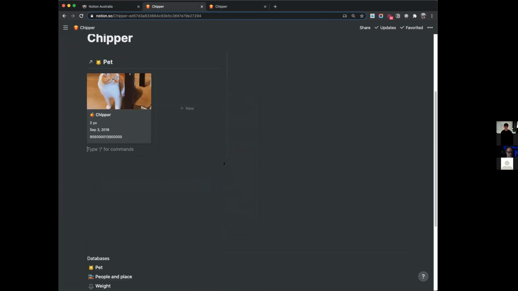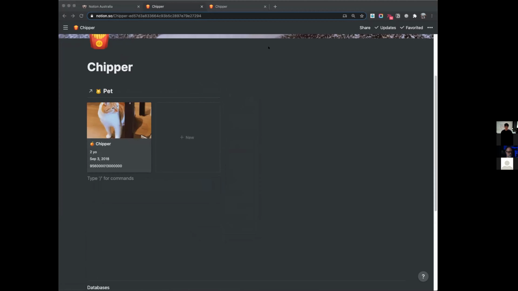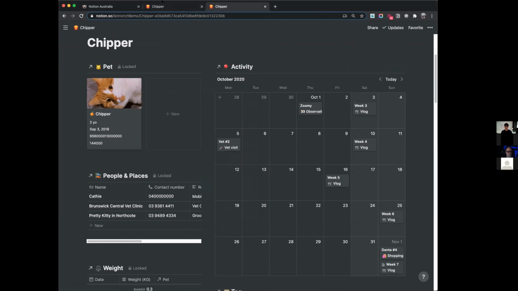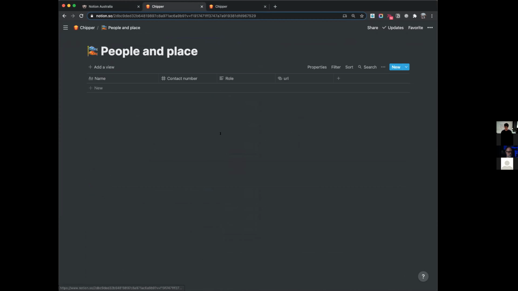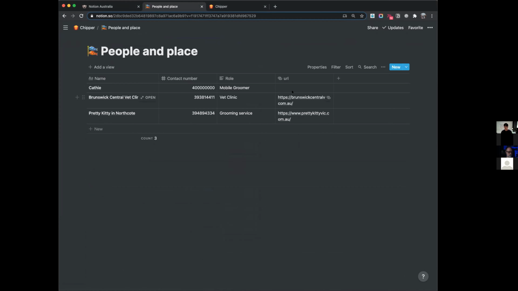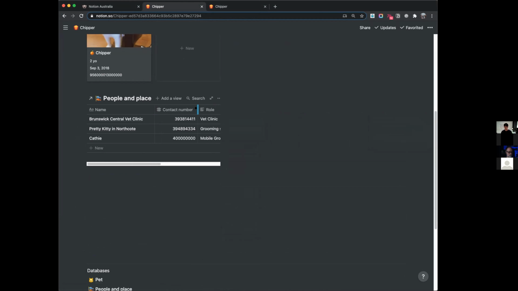Awesome. Cool. Next bit, we've got peoples and places. I've already pre-populated these. One thing I do want to mention is let's copy this database to the front page. And then let's copy it here. And it's quite nice. I can see the name. I can see the contact number, the role, and the URL. And at a glance, or if I ever pull